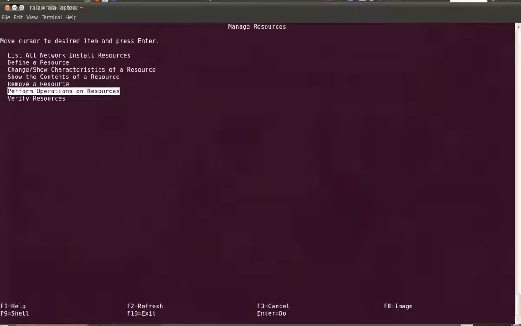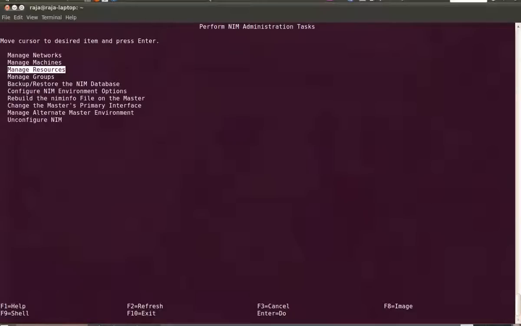Like you can add a file set to an existing LPP source, or you can update an existing LPP source, or later on you can remove any file set from the LPP source, or you can update it to a technology level, or a newer version of service pack, or you can even run lppchk on the LPP source. You can do a lot of operations.